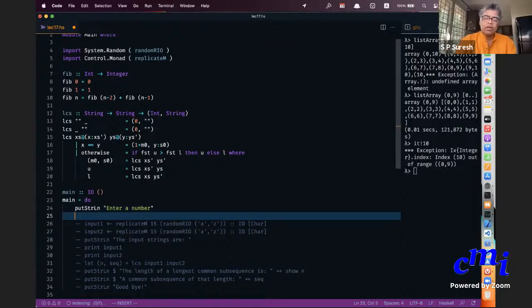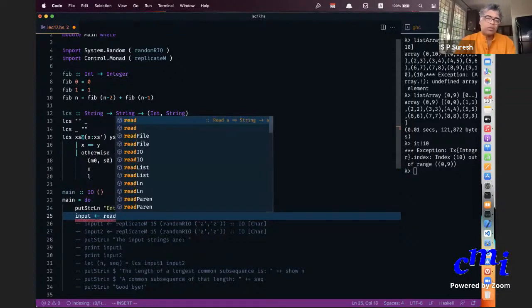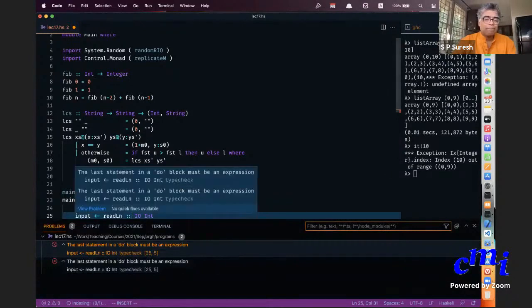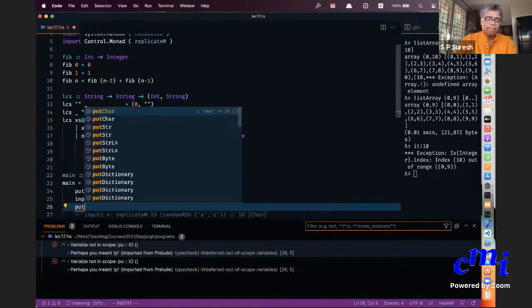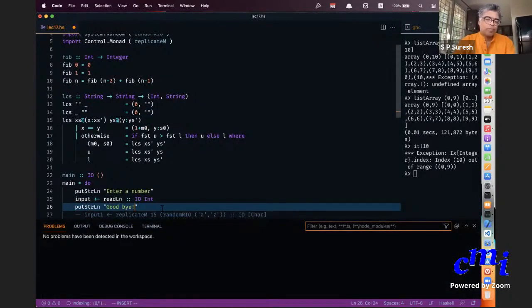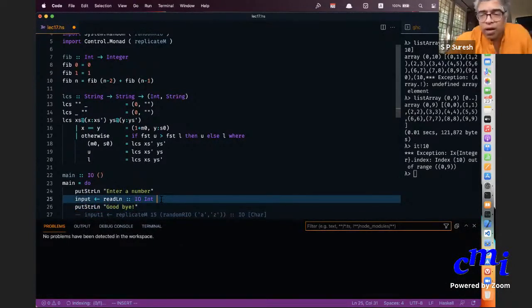Basically readLine will read a line and I'm asking Haskell to interpret it as an int.